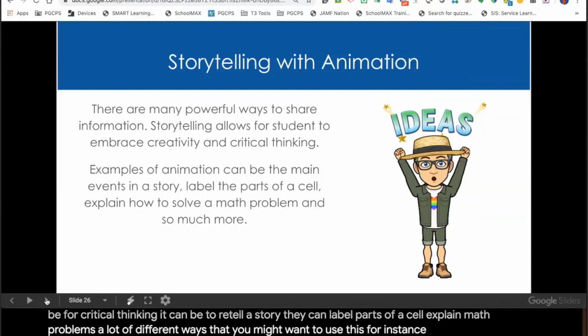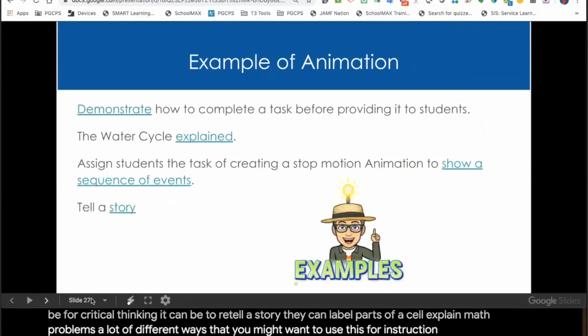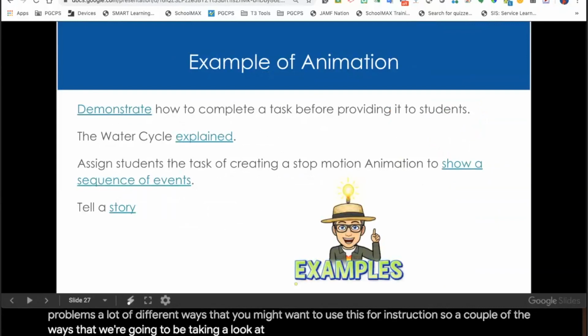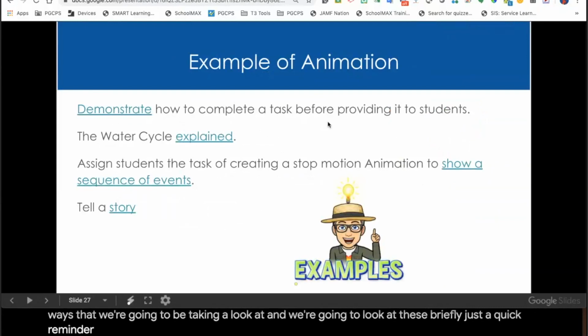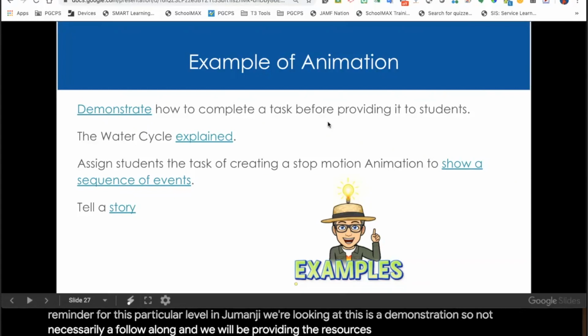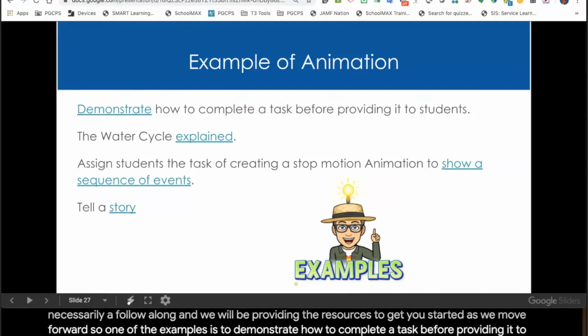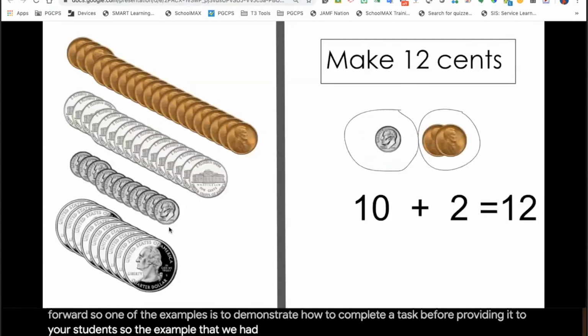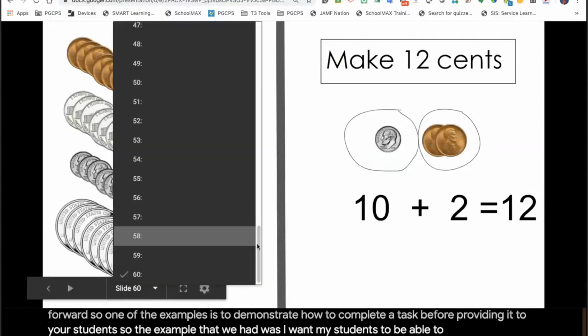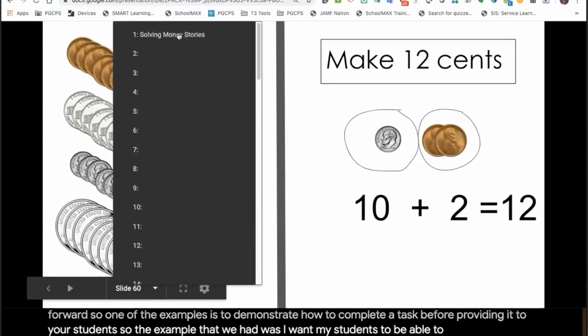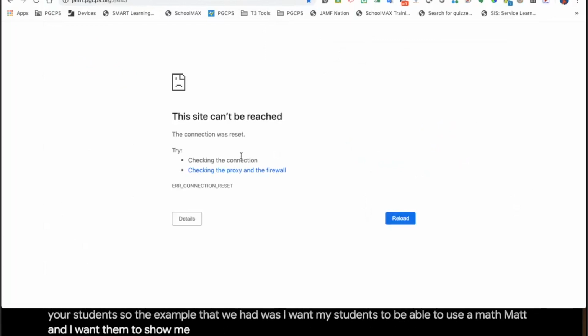A lot of different ways that you might want to use this for instruction. A couple of the ways that we're going to be taking a look at, and we're going to look at these briefly. Just a quick reminder for this particular level in Jumanji, this is a demonstration, so not necessarily a follow along, and we will be providing the resources to get you started as we move forward. One of the examples is to demonstrate how to complete a task before providing it to your students. The example that we had was, I want my students to be able to use a math mat, and I want them to show me how